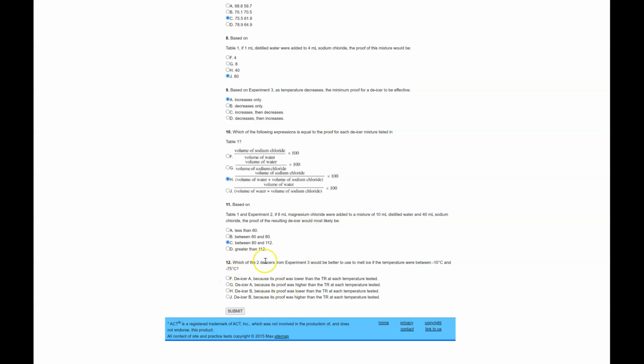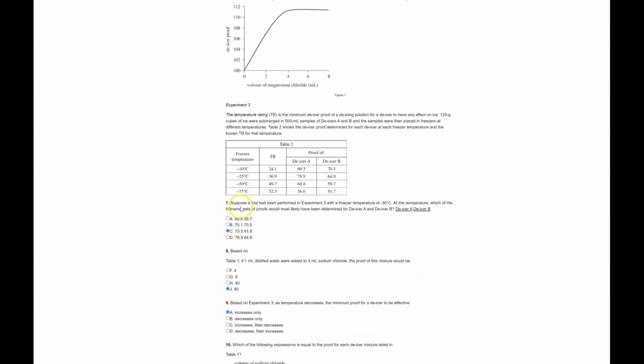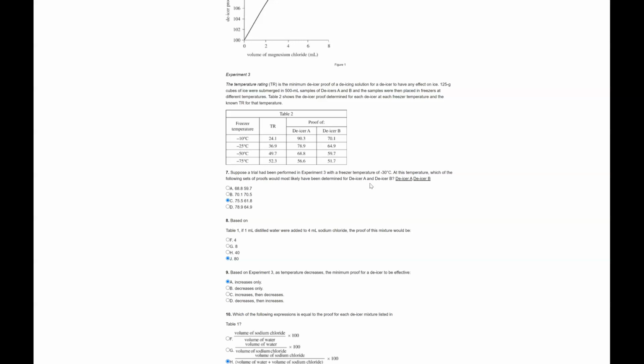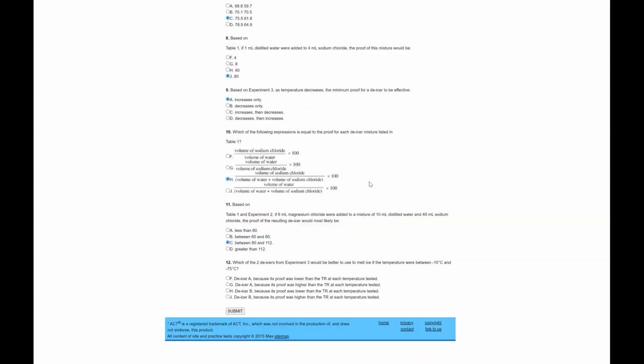And then number 12, which of the two deicers from experiment 3 would be better to use to melt ice if the temperature were between -10 Celsius and -75 Celsius? Well, if you just look at the chart, the numbers are just better on deicer A. They're higher, which means that you're going to end up with numbers that will keep it melting no matter what the temperature is for the whole way, whereas deicer B does not do that. So we're going to be looking for deicer A,